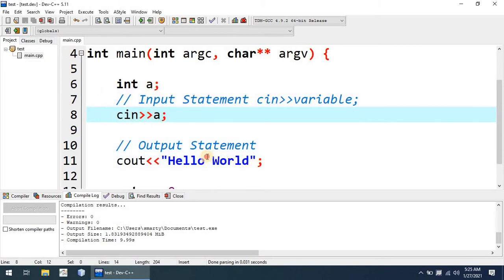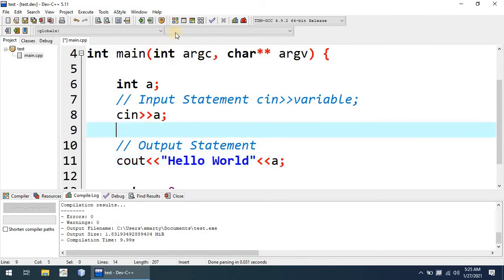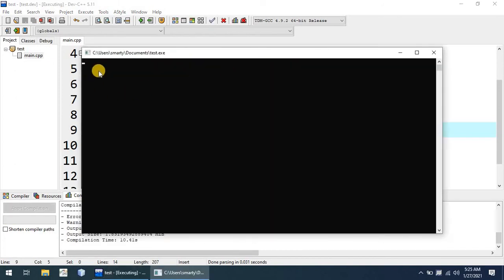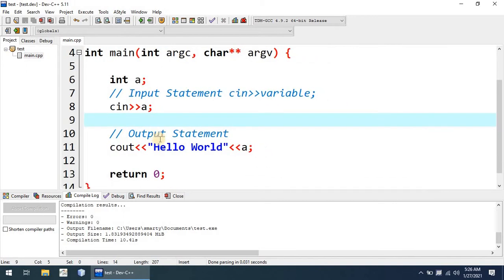So we want to display hello world with this input attached. Let us start by typing this. We are again going to compile this program. Again we can see that the console is waiting for input. We can type here some integer value. As we type an integer value and provide this input, we can see here hello world is concatenated with the input, that is 16. So this is the basic program structure and input and output.